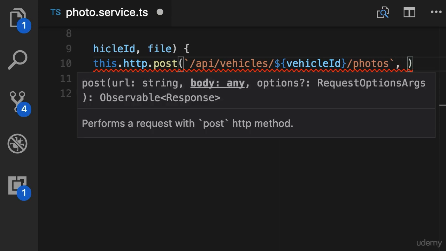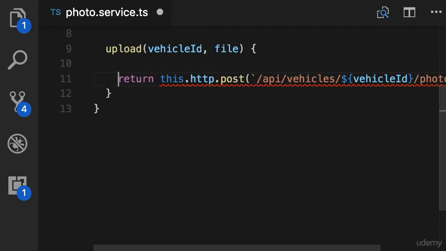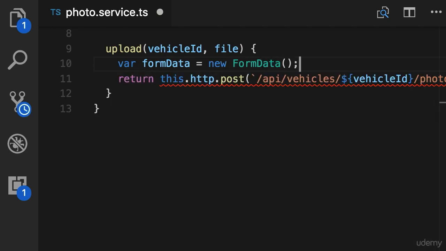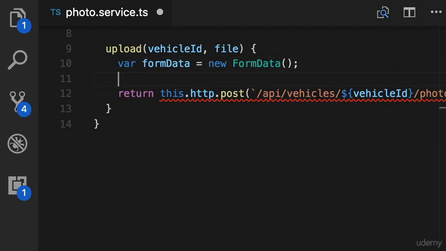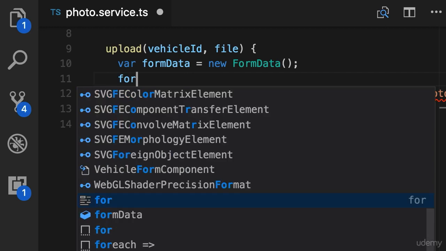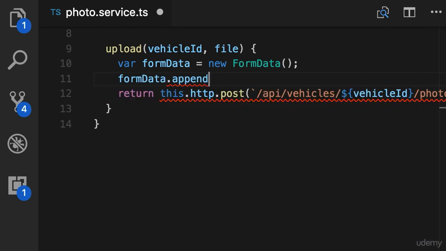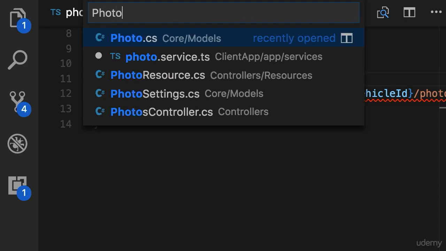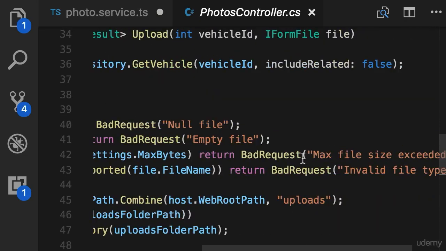Now in the body of the request, we need to send a form data object. So let's create form data. This is one of the native JavaScript objects. So here we add form data dot append. We need to add a key value pair. The name of the key should be the same name as the parameter to our action. So in photos controller, we name this parameter file, and we use the exact same name when testing this